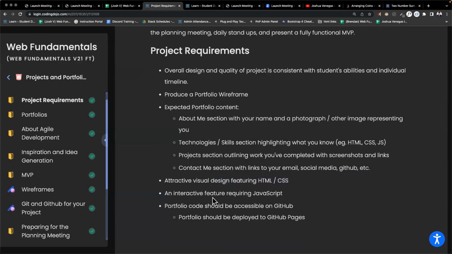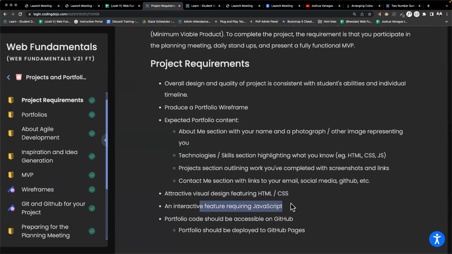An interactive feature requiring JavaScript. So something in there that requires JavaScript so that your page does something unique, not just sits there. Maybe there is a pop-up at the beginning of your page that allows the user to enter their email so that you can email them a copy of your resume.